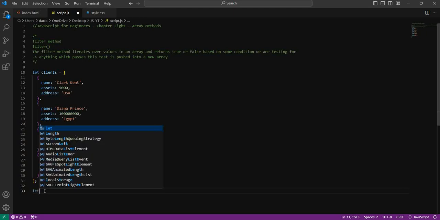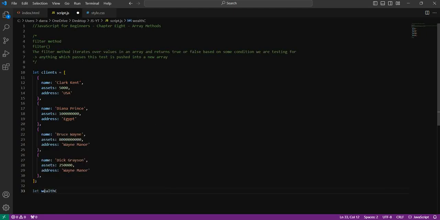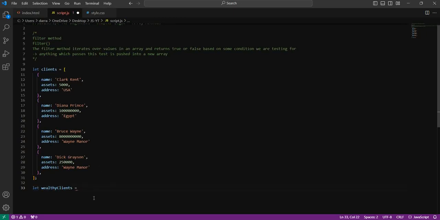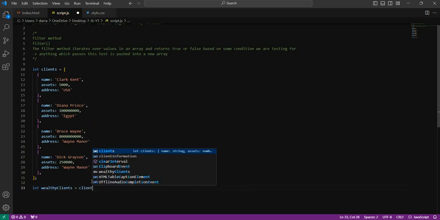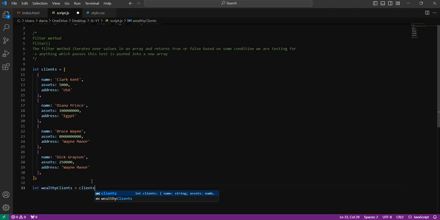So we'll say let wealthyClients be equal to, I'll tell you what, we'll search for anyone with a net worth of over 200,000, because that's what we'll do. So how do we use the filter method? Well, we can say our wealthy clients, our new array, is going to be equal to